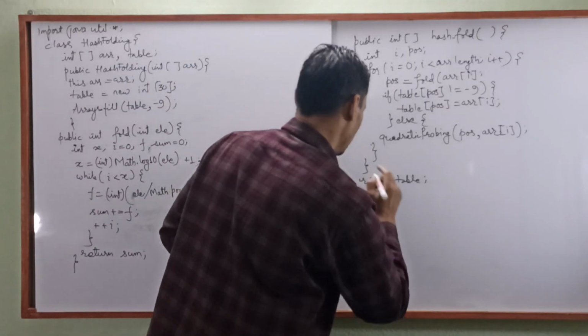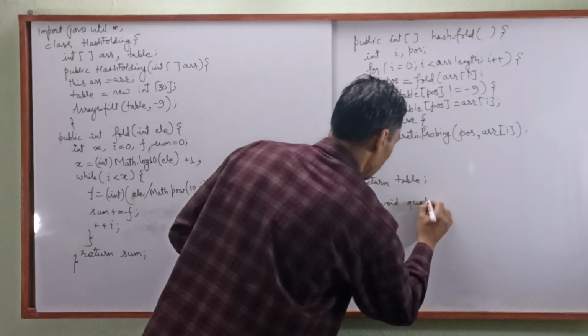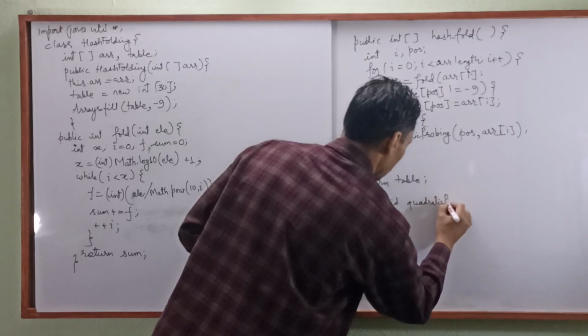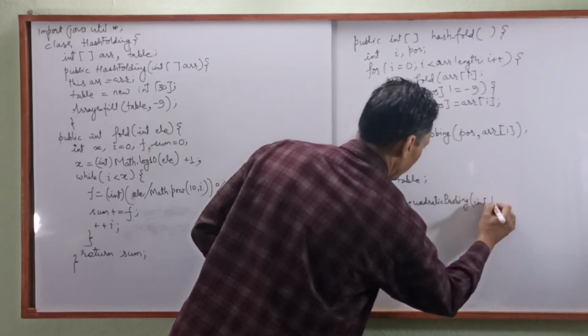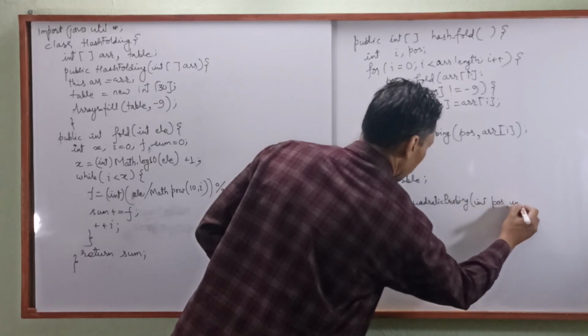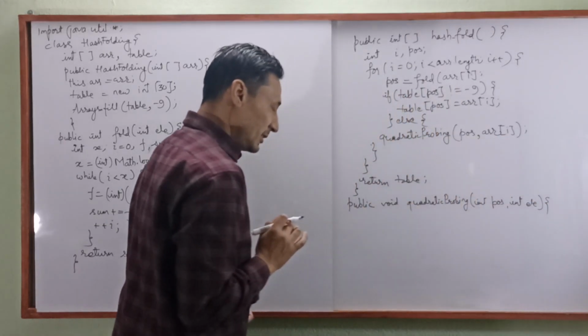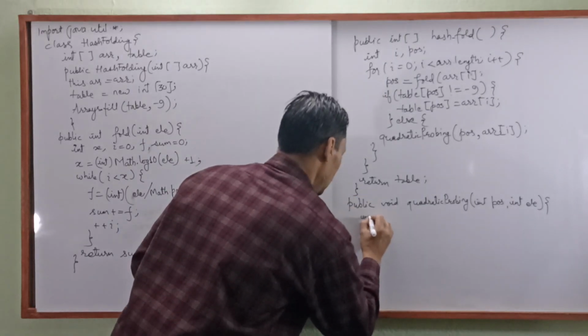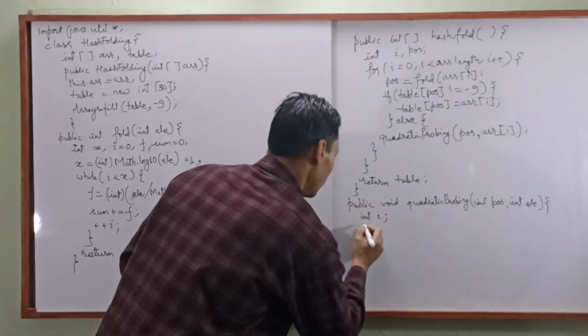Then we have to do void quadratic probing, int POS, int element. Okay, now we are having a single element here. Now int I. Okay, then for